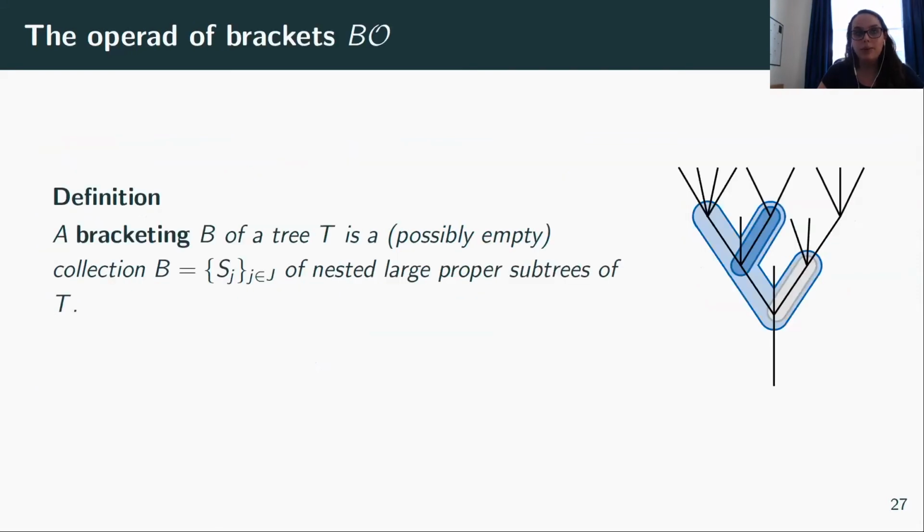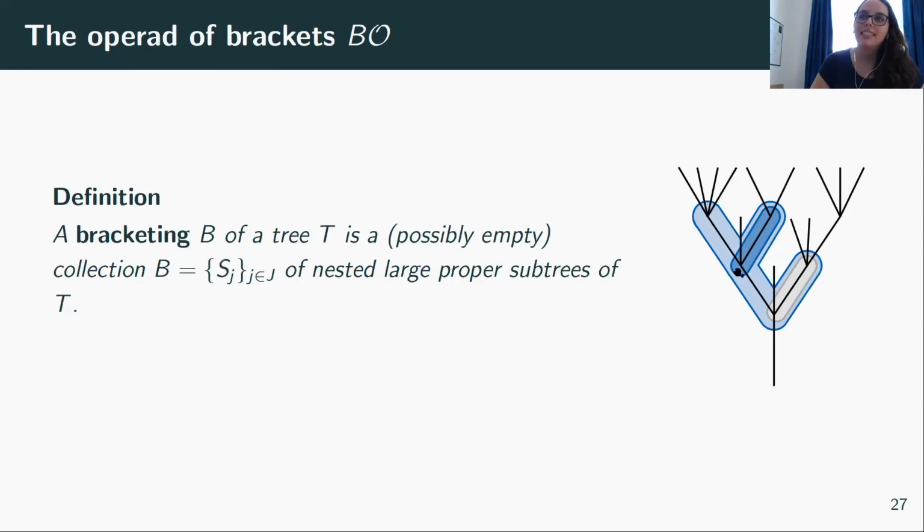So what we did is define another operad, which is what we call the operad of brackets. And that's what I'm gonna introduce now. To start with, I'm gonna define what it means for a tree to be bracketed. And the image you should have in mind is this sort of thing. So you have a tree and you specify some subsets that are nicely behaved, in the sense that you're trying